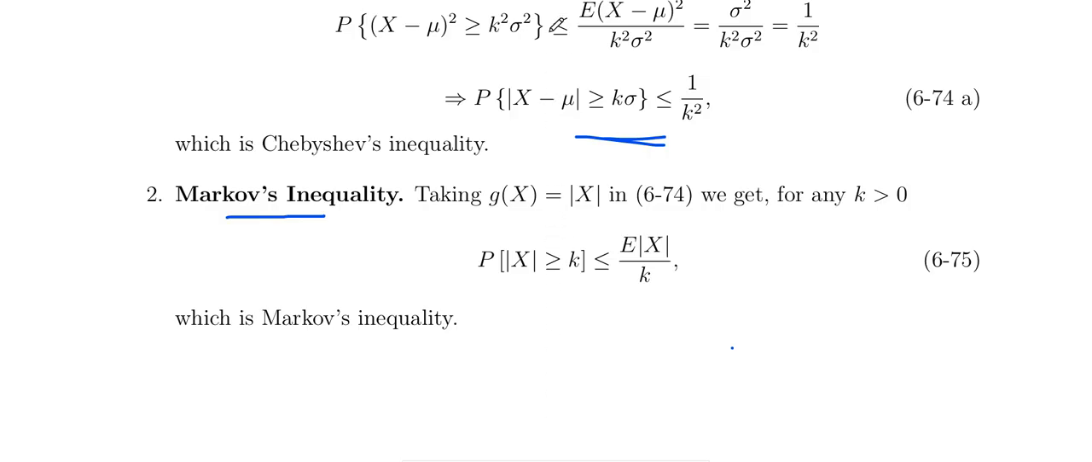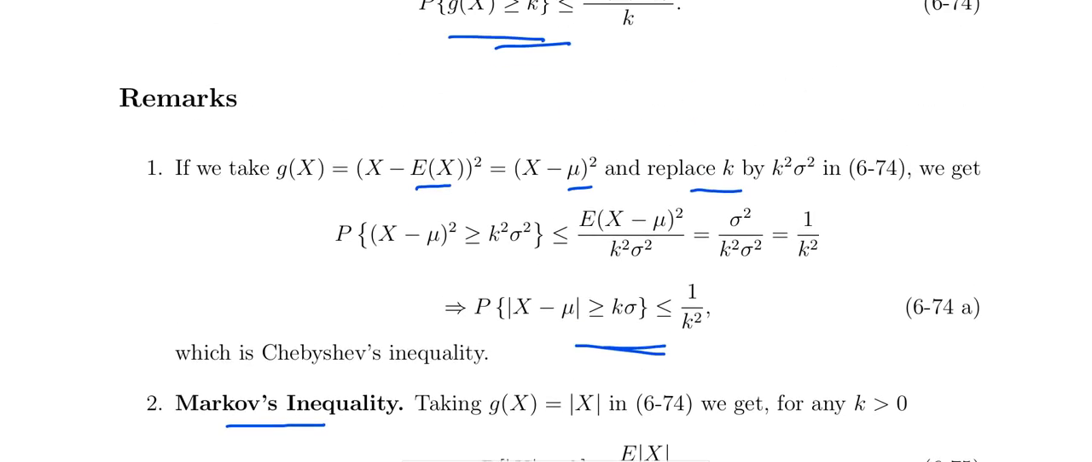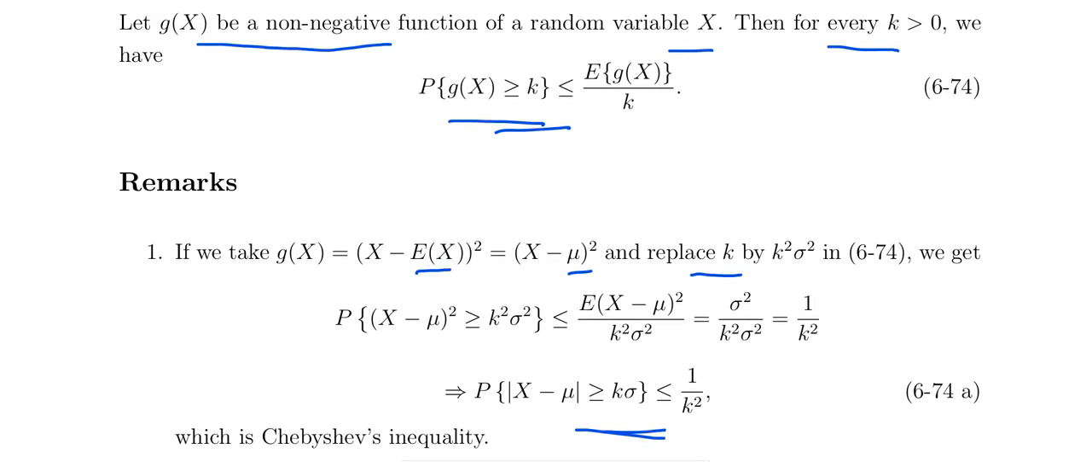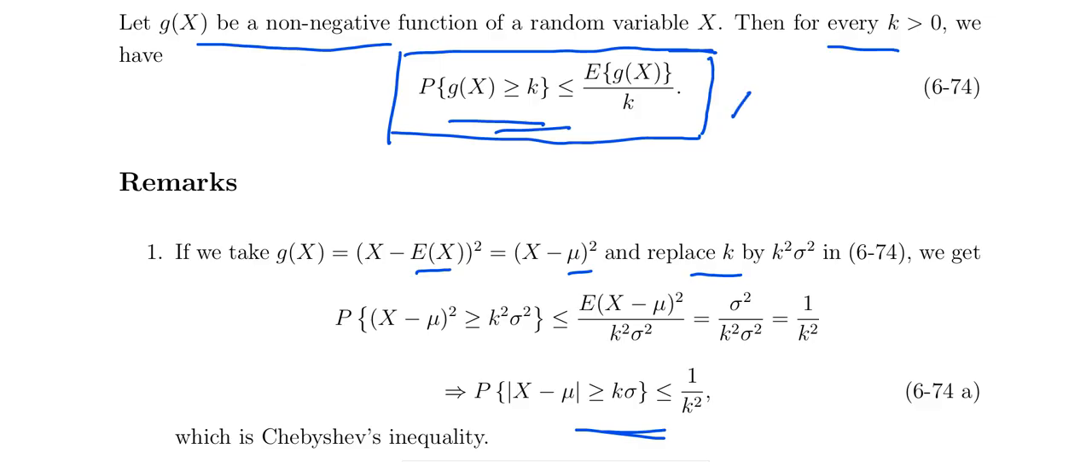So actually, the Chebyshev inequality in generalized form: g of x is any non-negative function, and the probability of g of x greater than or equal to k is less than or equal to the expectation of g of x divided by k. This is the generalized form of the Chebyshev inequality. In this, when you replace g of x by x minus mu whole square and replace k